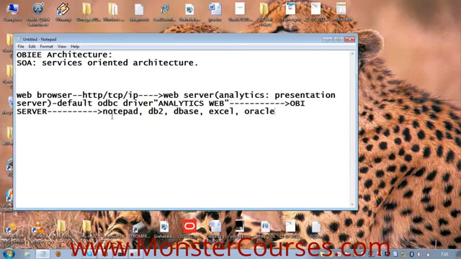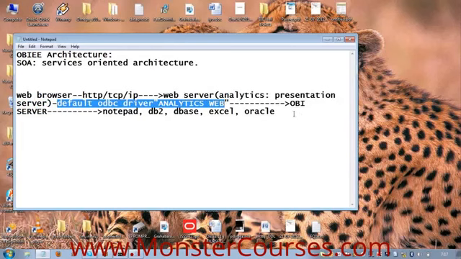Don't go out of the concept. See, the web server is communicating with the OBS server using what? An ODBC driver. Default ODBC driver, Analytics Web, right? Yes.